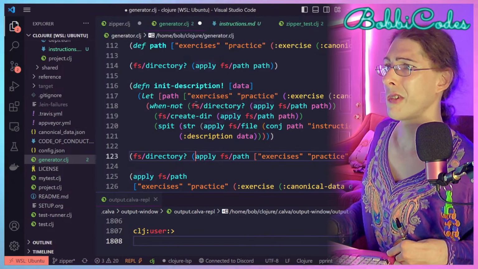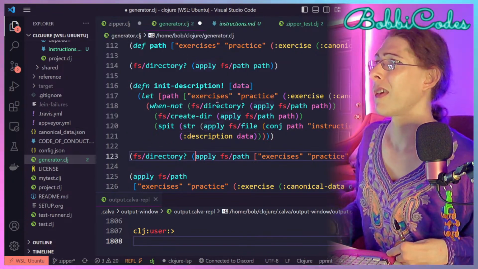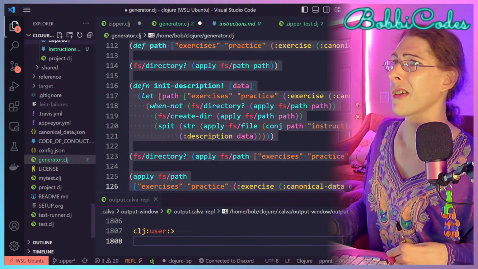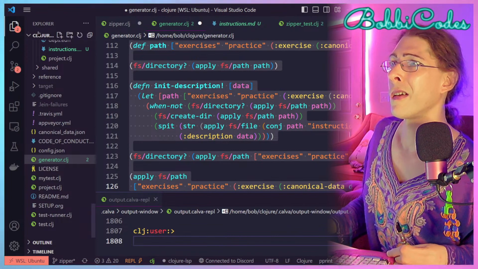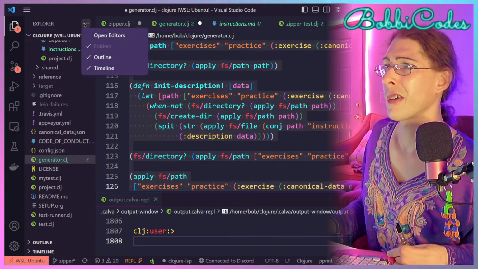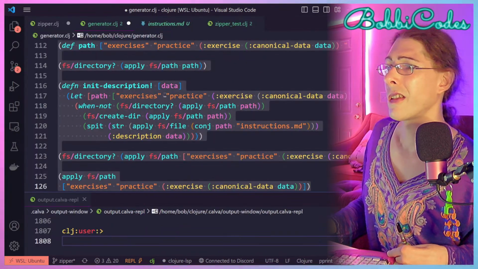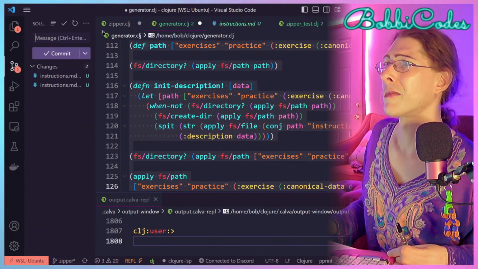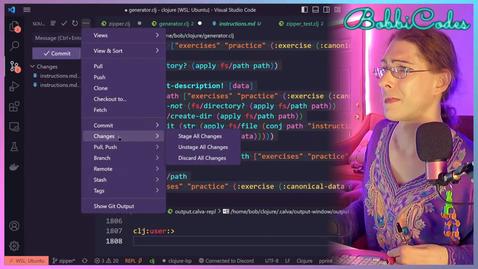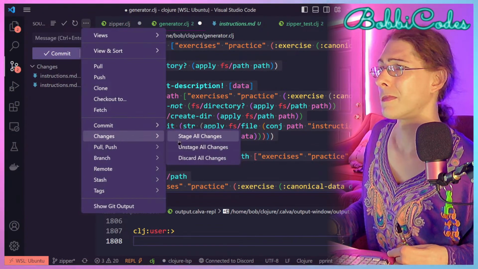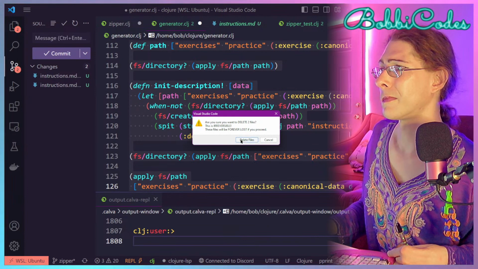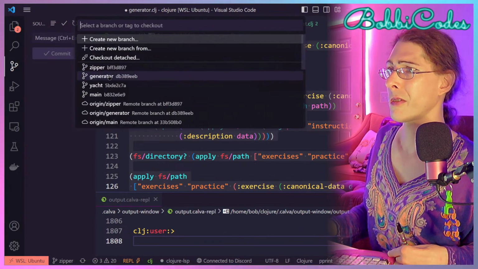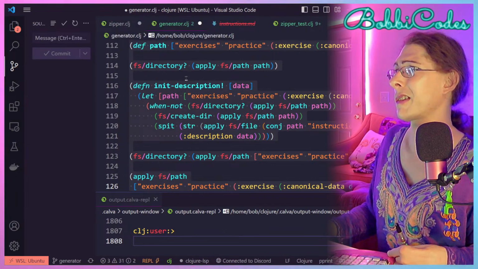But I want to merge this. Yeah, I'll just copy the generator here. And I will discard my changes on the zipper branch because we're done with that. Now I'll go over to the generator branch and